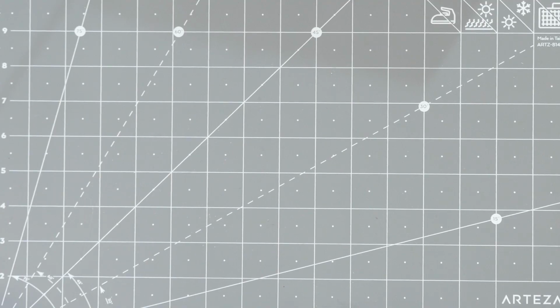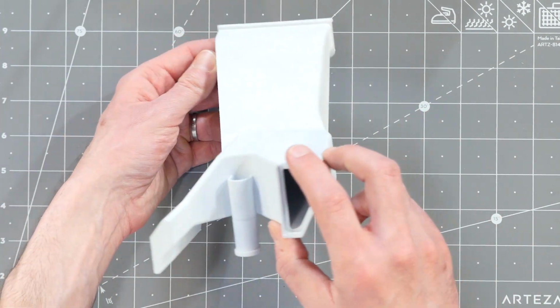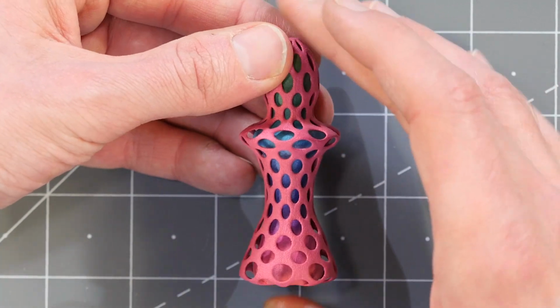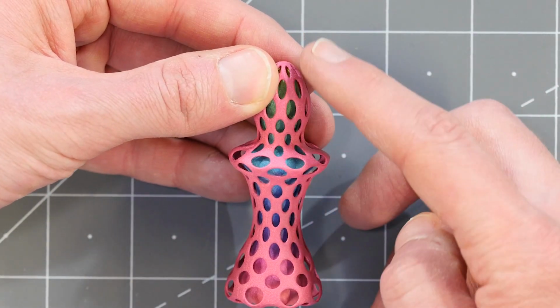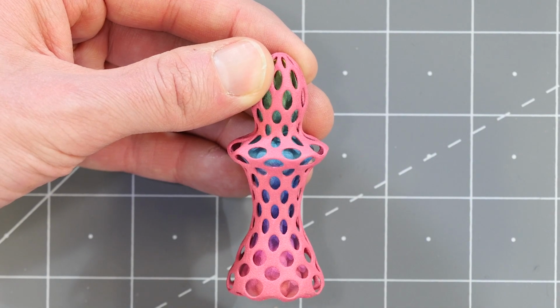And HP also introduced a multicolor printer, which was used to make this white duct component with a hollow interior and a thin wall, and this multicolor chess piece, with color finely graded from bottom to top and different on the inside versus outside. Before I conclude this introduction to powder bed fusion, I'll say that the technique is not